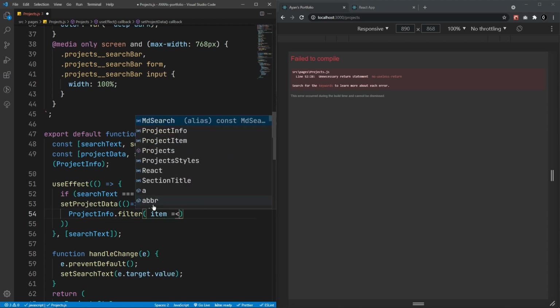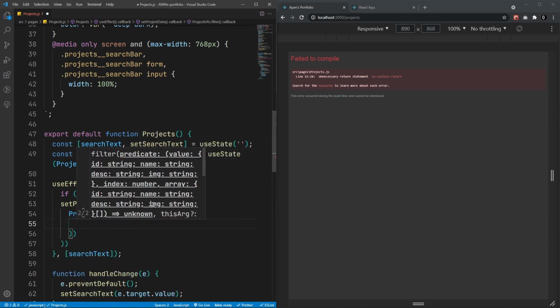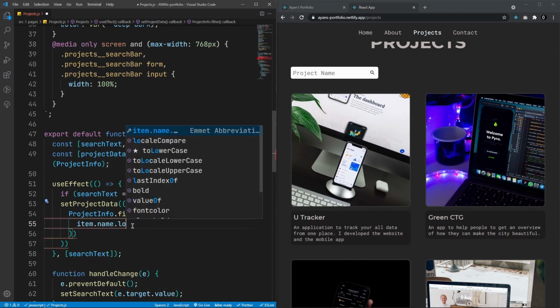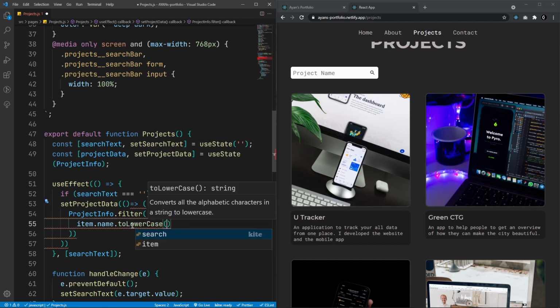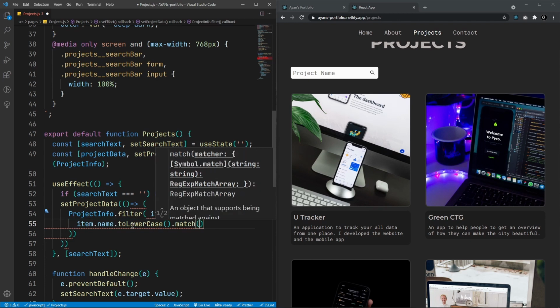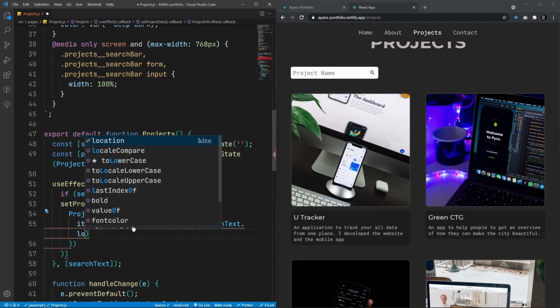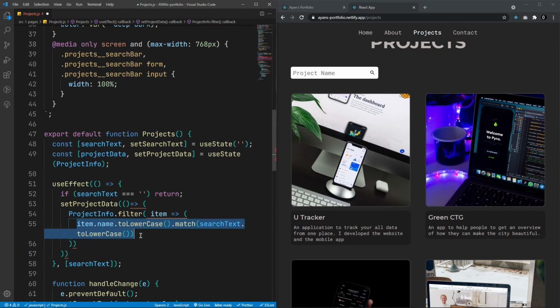So projectInfo dot filter, and for each individual item, we check whether our search text matches the item title. I can say item.name, meaning this name, item.name.toLowerCase, let me have the lowercase here. If it matches with the searchText, also lowercase. Now it will return all the items whose name matches our search text. And if I save that,